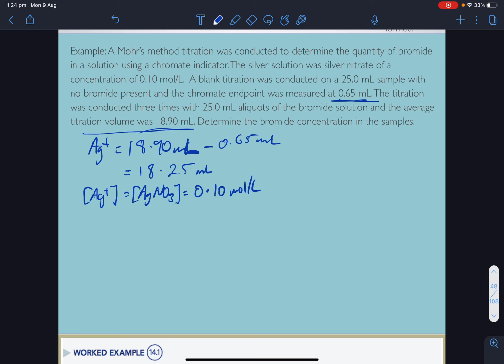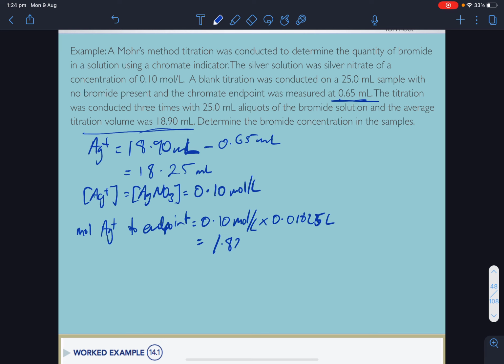So we can tell, because we have the concentration and volume, how many moles of silver to endpoint: equals our concentration times our volume in litres, 0.01825 litres. I should be able to do this in my head, shouldn't I? 0.01825. Yeah, I'll put it in my calculator: 1.825 times 10 to the negative 3 mole